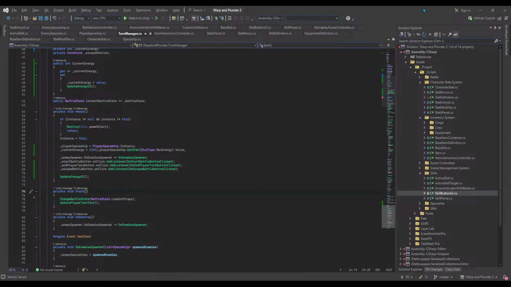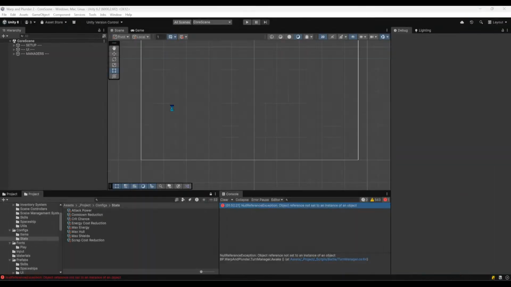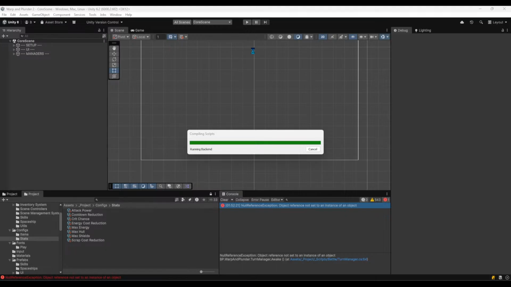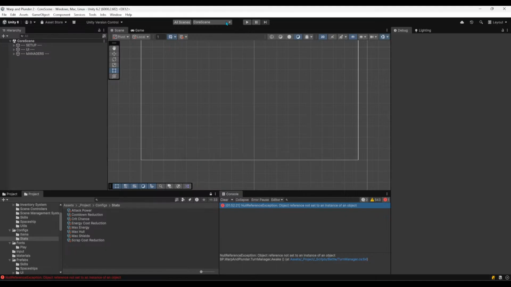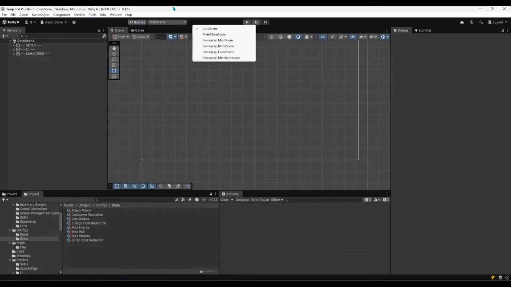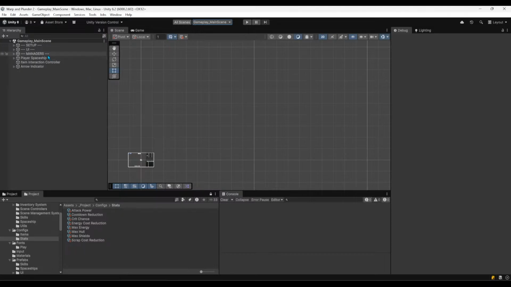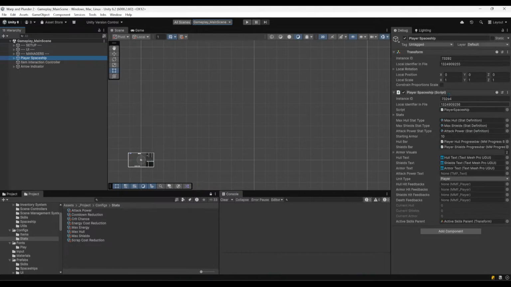Save all the changes, go to Unity, go to the gameplay menu, gameplay main scene, play a spaceship, and exit the debug mode,